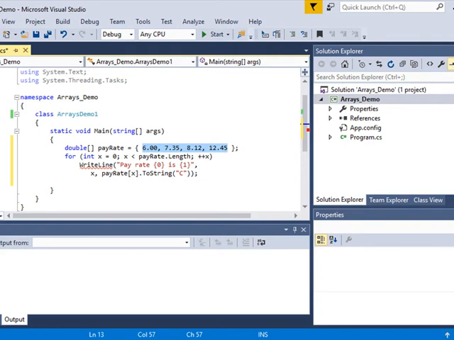Put them in curly braces, and now what I'm going to do is display what's been stored in that array. So I'm going to use a loop to go through and do that automatically. But before I do that,